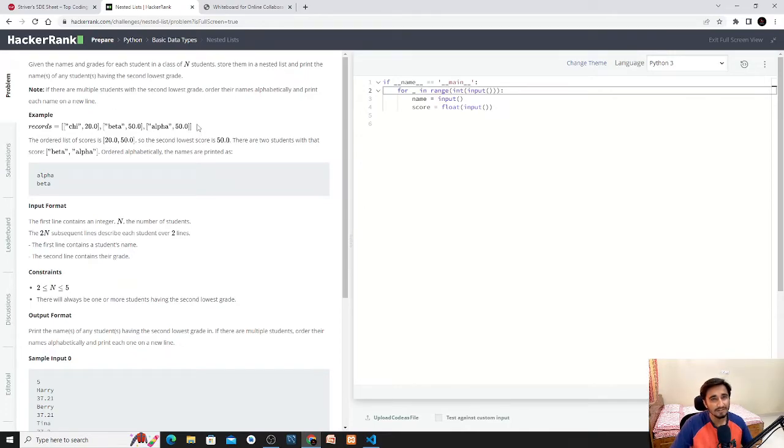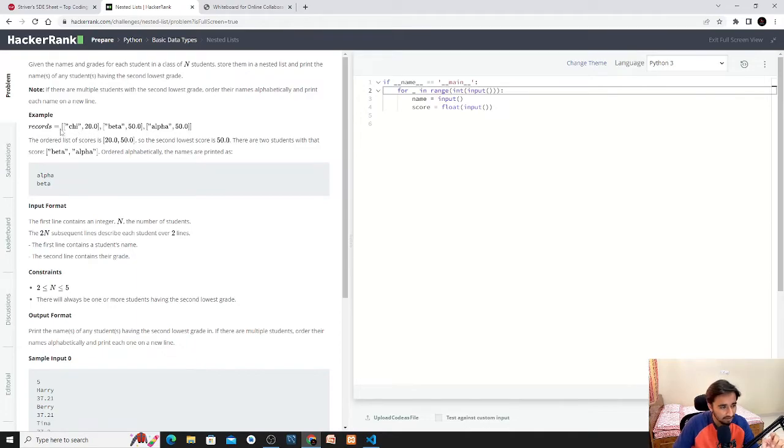So as we know, what is a nested list? A nested list is a list having inside it records in the form of lists. So you see, यहाँ देख सकते हैं आप कि there is a list of records, and inside the list there are several lists storing a record, that is a name and the grade. ओके एक लिस्ट है जिसके अंदर एक और लिस्ट है, फॉर्म्स ऑफ लिस्ट है जिसके अंदर नेम एंड स्कोर स्टोर्ड है. ओके, सो हमें फाइंड आउट करना है वो नेम्स हैविंग अ सेकंड लोएस्ट स्कोर.